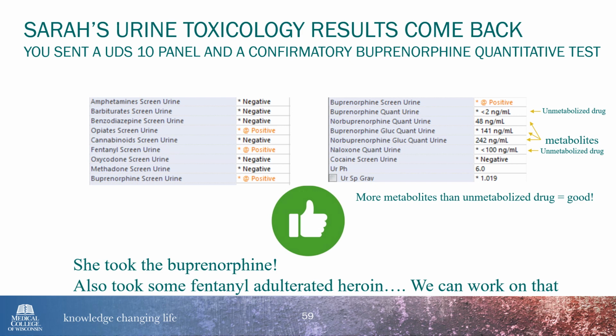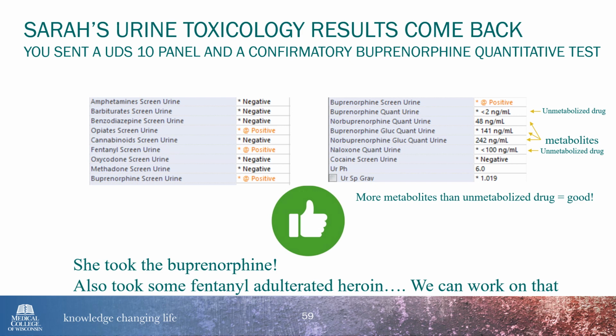Okay. So coming back to the case, our patient Sarah gives us a urine, and the urine toxicology tests are shown here. Her test is positive for opiates. There's fentanyl in her urine, and there's buprenorphine in her urine. Well, we did a reflex confirmatory test in this case. Now, you don't always need to do that, but in this case, we did. Her buprenorphine screen is positive for